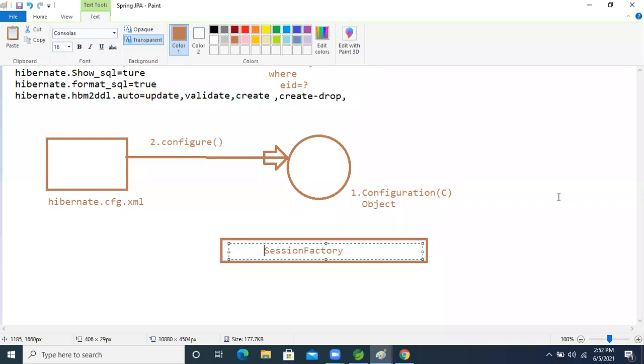I think everyone has a car at home, maybe. No, leave it. A bike will definitely be there, right? So factory means what? We don't know how to create a bike, right?